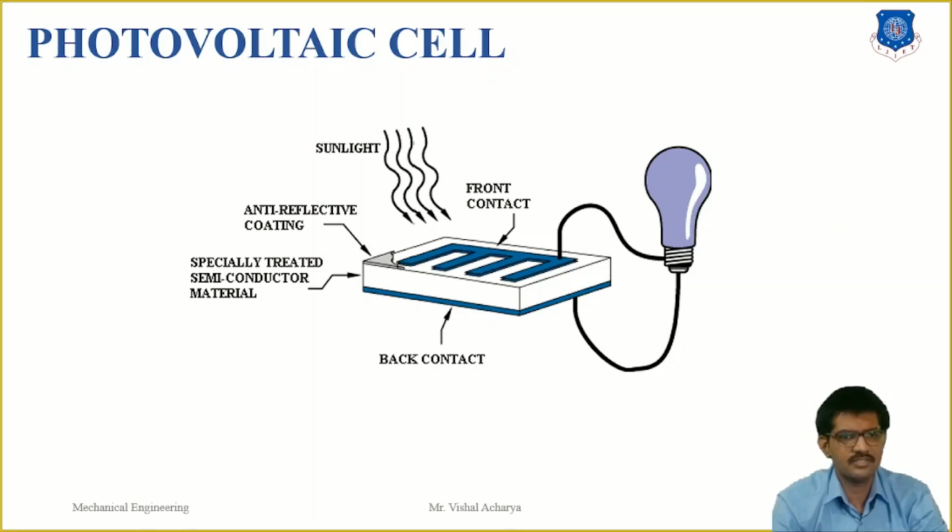anti-reflection coating. Since all semiconductors are naturally reflective and reflection loss can be significant, the solution is to use one or several layers of anti-reflective coating, similar to those used for eyeglasses or some cameras, to reduce the amount of solar radiation that is reflected off the surface of the cell. Next, we discuss the types of PV cell.